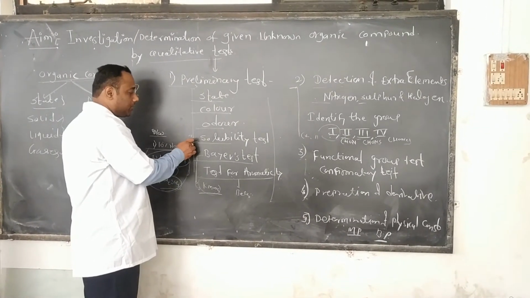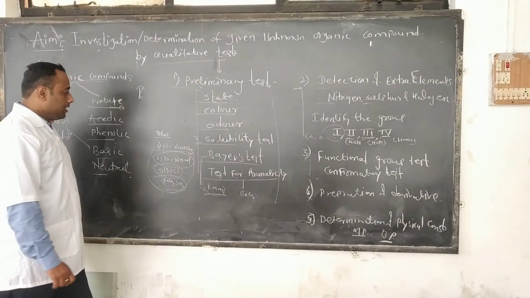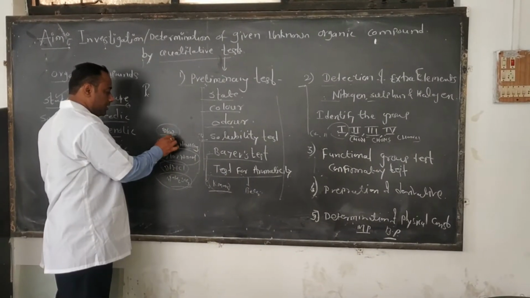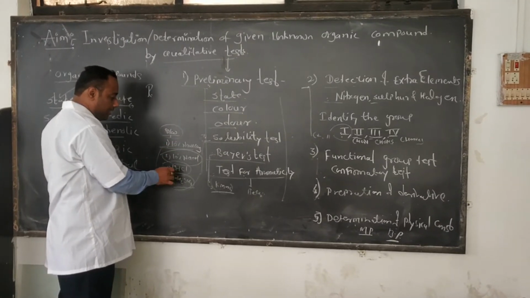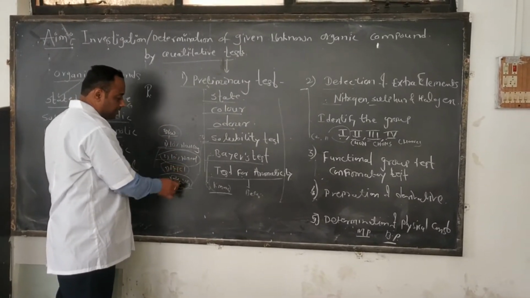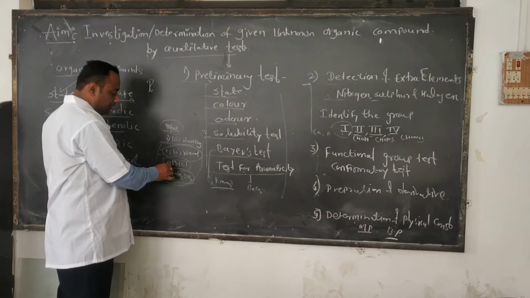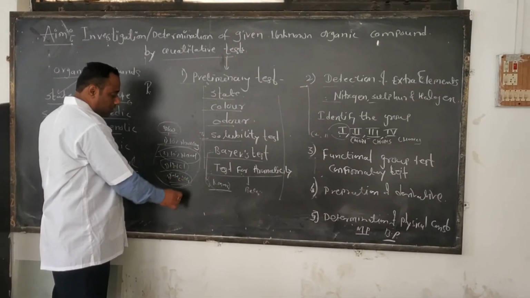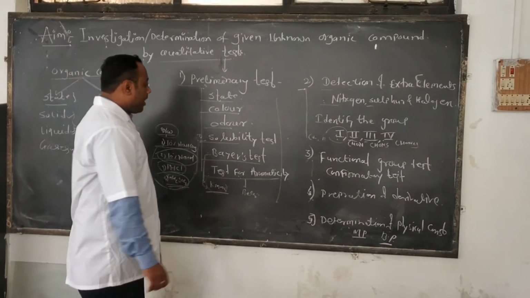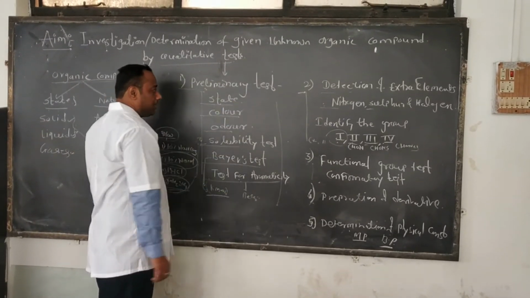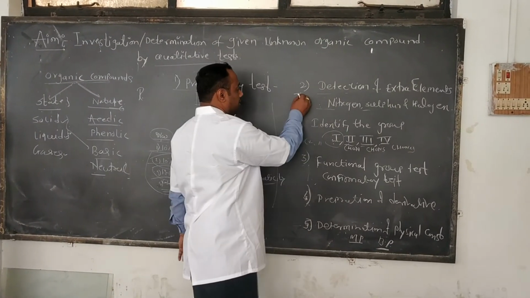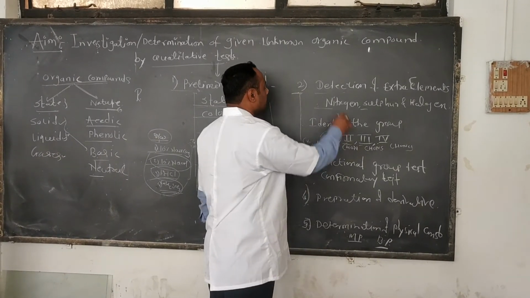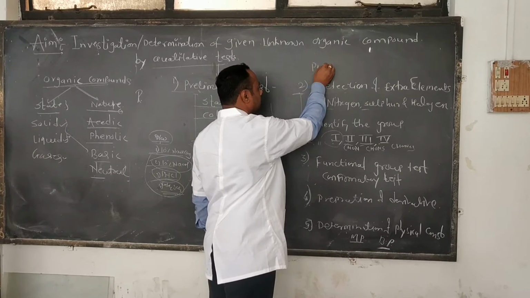The solubility of this organic compound is checked first in distilled water, then 10% sodium bicarbonate, then 10% sodium hydroxide, then 1:1 hydrochloric acid, and the fourth one is concentrated H2SO4. Upon completion of this preliminary test, the next step for systematic qualitative analysis is first preparation of